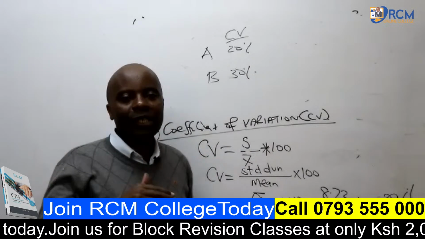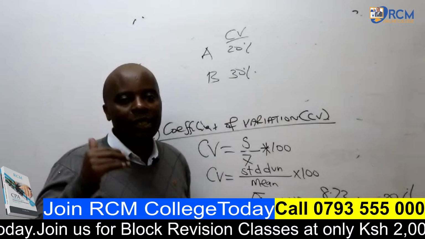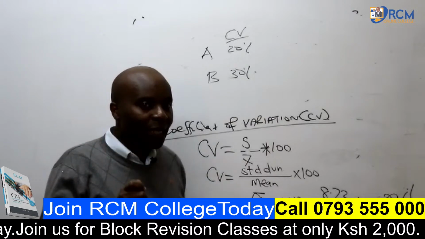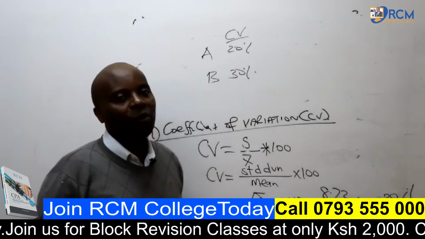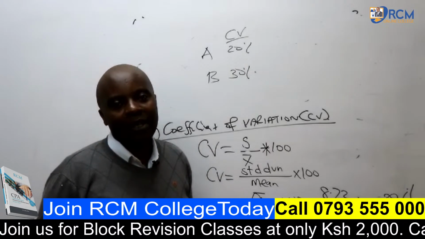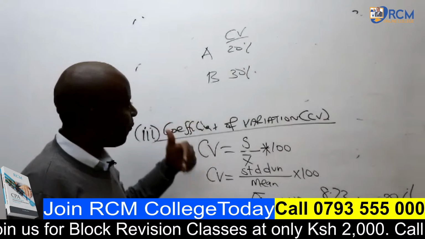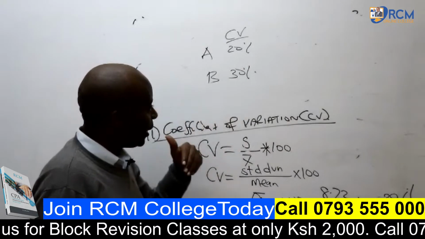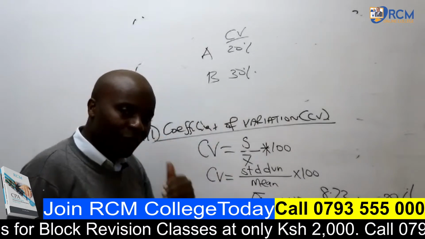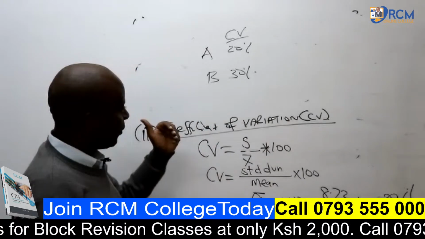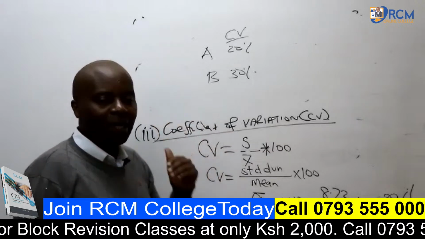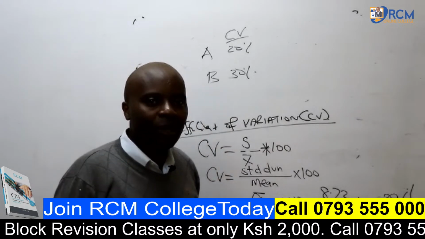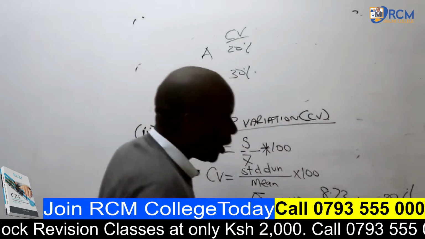If the investor is a risk taker, always recommend to them projects that have a high CV. So in this case, it will be very important for you to say if the investor is a risk taker, advise them to go for B. If the investor is risk averse, I advise him to go for A. I hope that is clear. So environment of risk over. We go to environment of